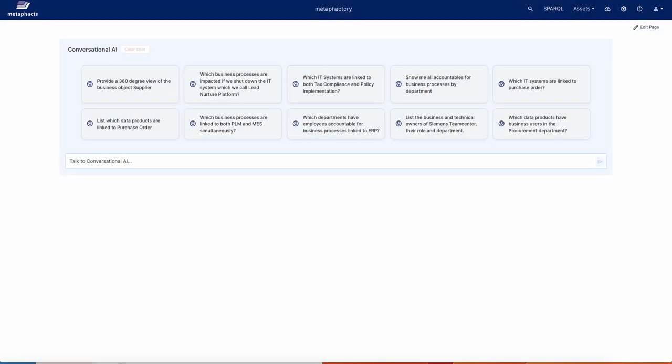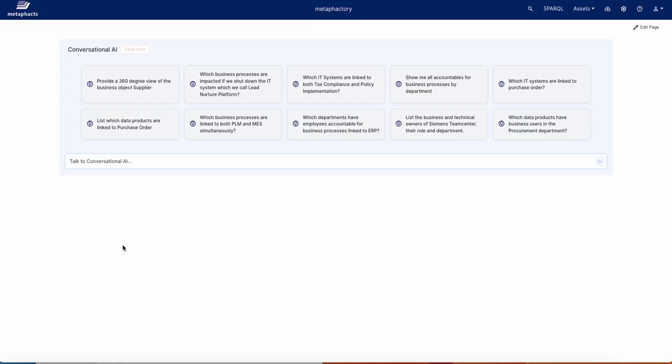Welcome to the Enterprise Information Architecture Conversational AI demo. Here we will be using our agentic AI framework in order to chat with a graph. So we can ask different questions and we will get different answers. Each of them will be processed differently, regardless of the nature of the question, by the different agents included in